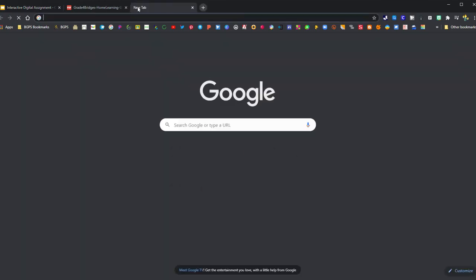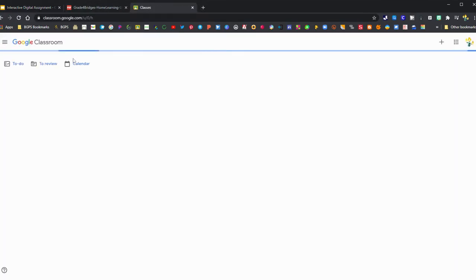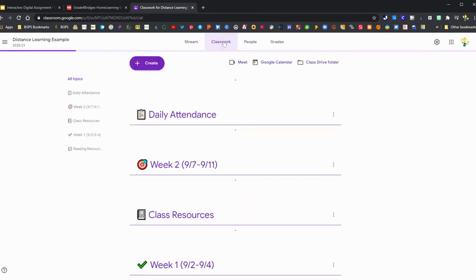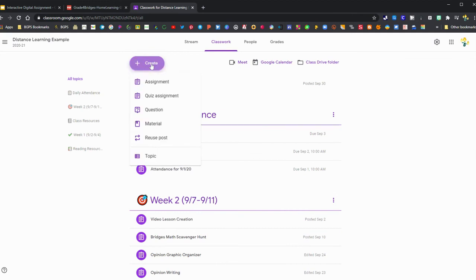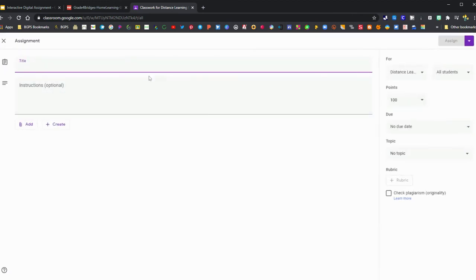So now we have our interactive digital assignment. It is ready to assign in Google Classroom. So once we have our Google Classroom up, we'll go to Classwork, Create an Assignment, and then give it a title. And then in the instructions, you can put whatever you want in the instructions,